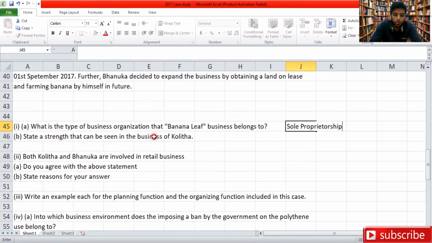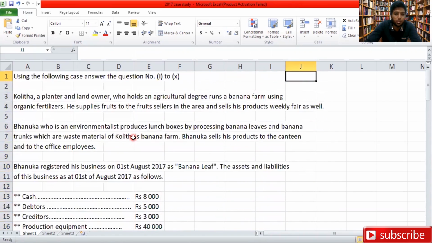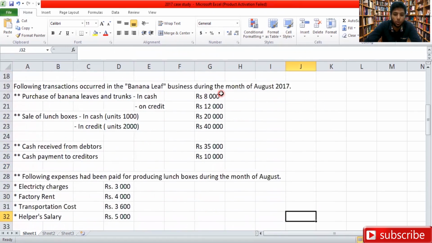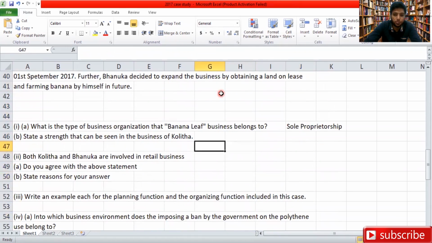Sole proprietorship. Okay, then we have: state a strength that can be seen in the business of Kolita. If they are asking about Kolita, you need to be specific about the person they're asking. So they are speaking of Kolita's agricultural degree. This is a strength, and also he knows the fruit sellers in that area, right? He is selling to the fruit sellers, and he's a landowner. That's also a strength. But I can say agricultural degree because they're asking only one. He has educational